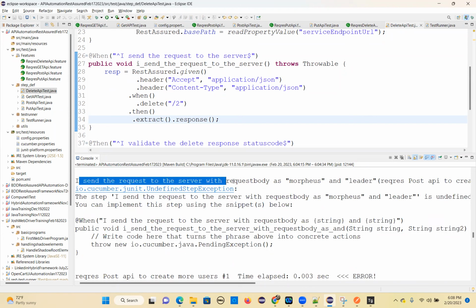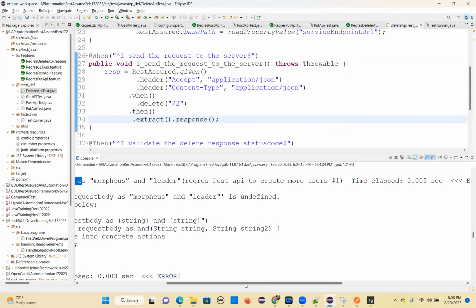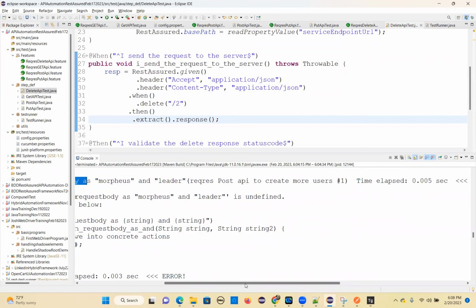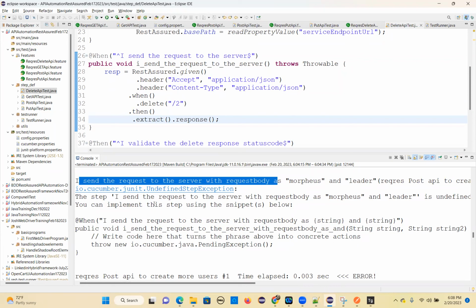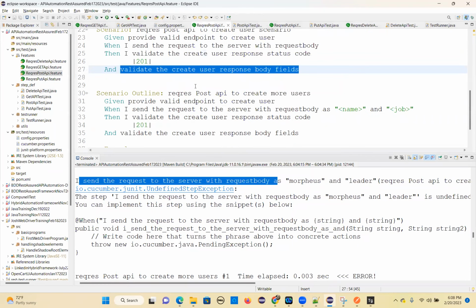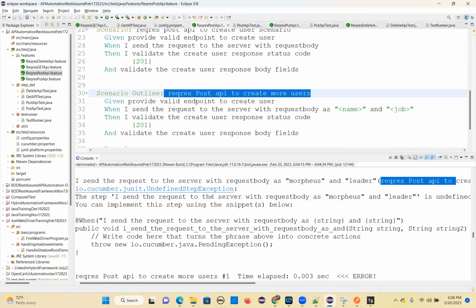I send the request to the server with request body as Morpheus leader. Request post API to create more users. Okay, so it is saying not implemented. This is the more users scenario, you got the scenario name here. So here it is saying the step I send the request to the server